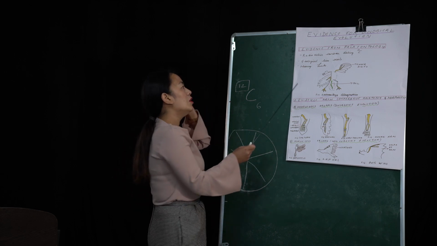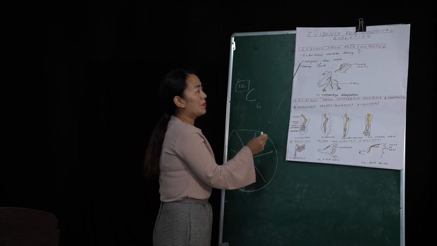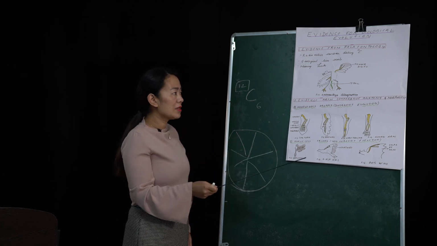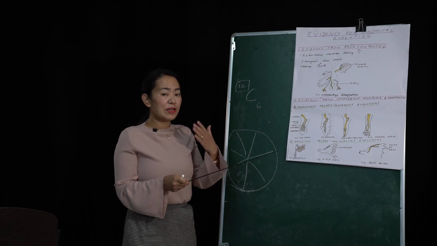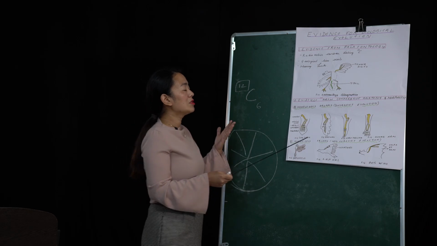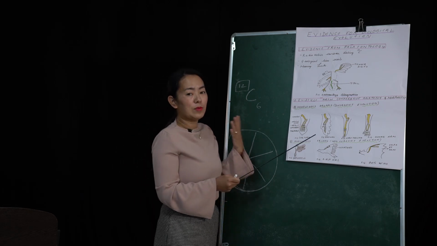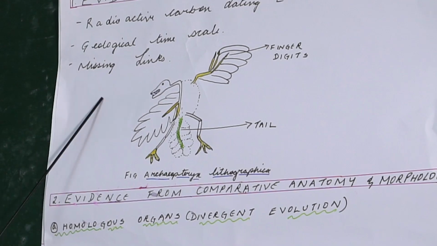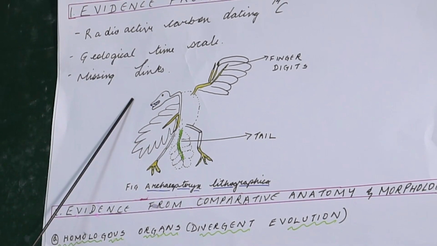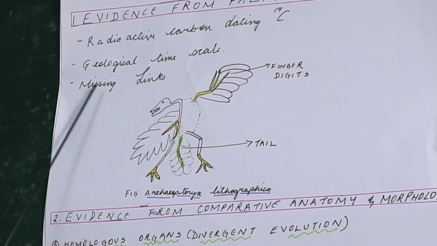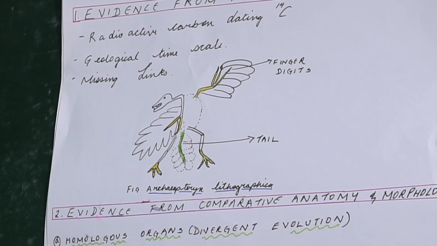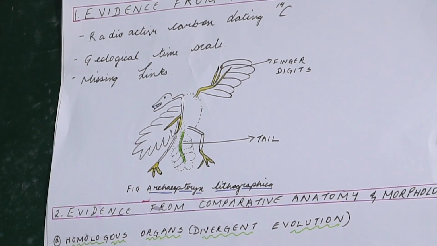Okay, so why is paleontology important? Paleontology is important, the fossils are important because they show that evolution did take place. The most important example among that is the missing link. Why is it called the missing link? The missing link is a type of condition where it is a link between the